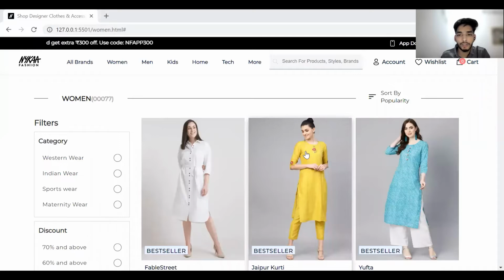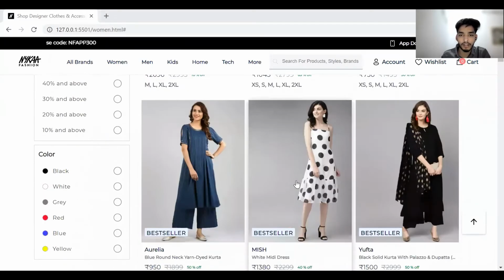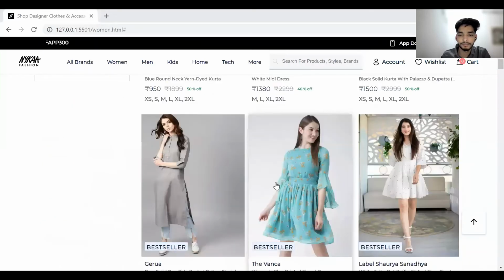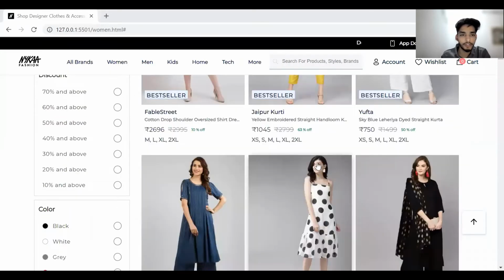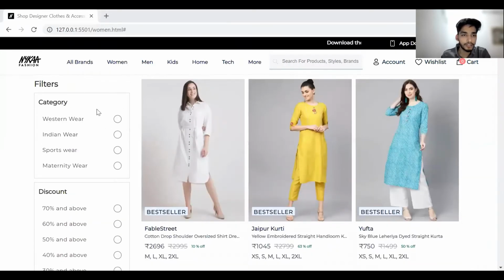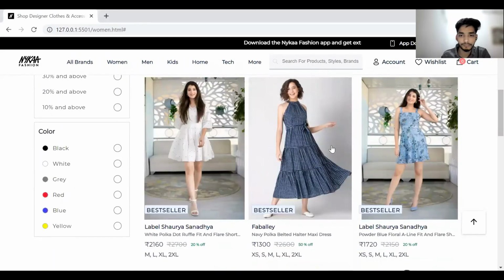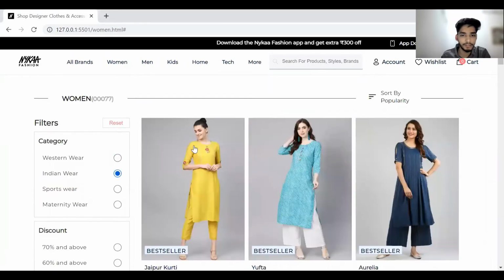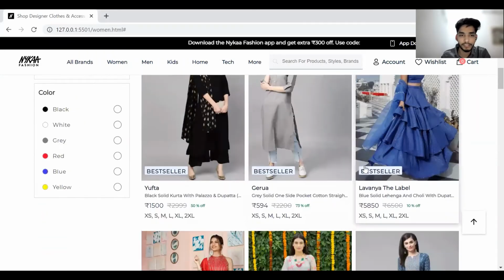Thank you, Dinesh. Now we are on the women section page. Here, there's so many products to buy according to its detail. We have a filter to filter the product according to its category by Western wear, Indian wear, and so on.